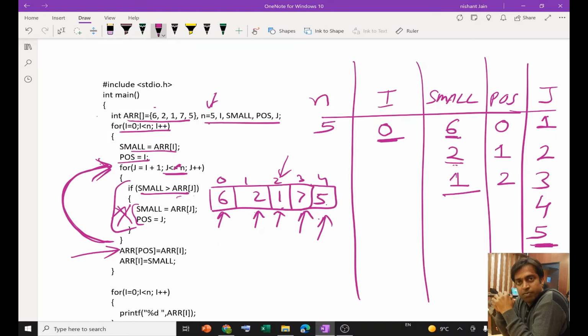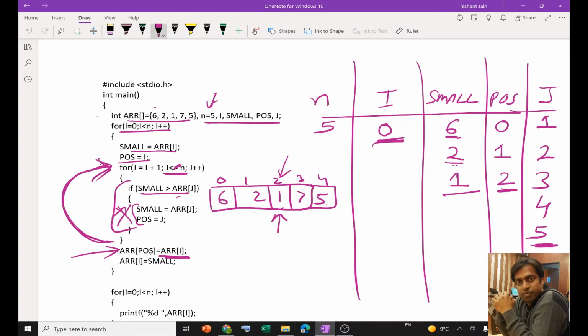Now over here array POS is 2, array I is 0. So I am talking about this particular position. Array POS is 2, so I am talking about this particular position.